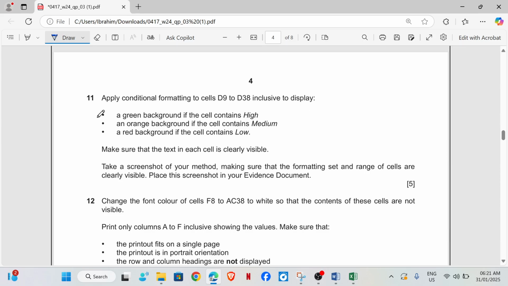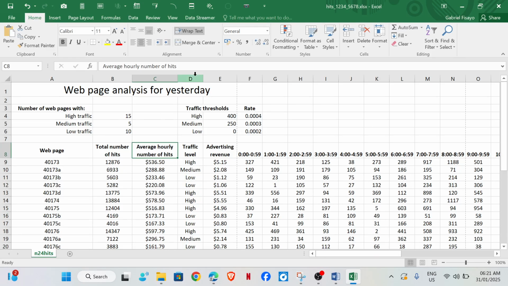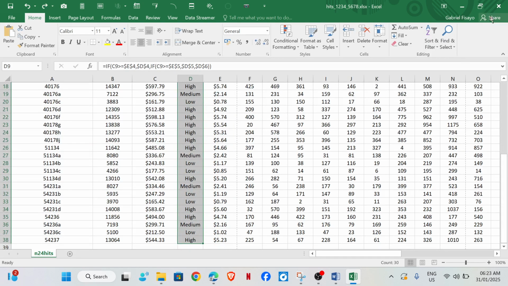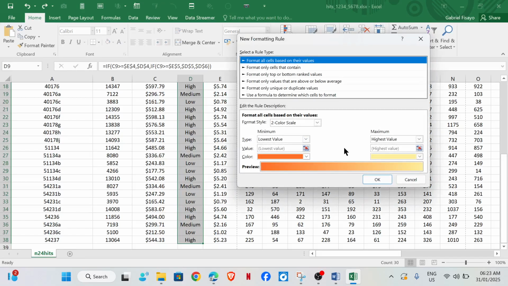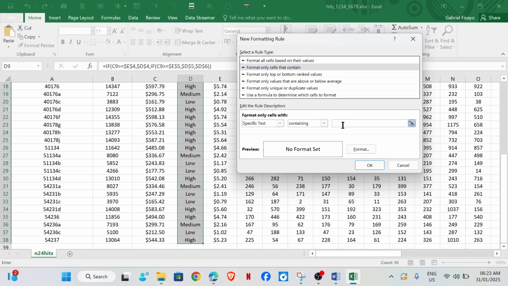So we need to go back from not showing formulas to showing values. Let's select D9 to D38. Conditional formatting, new rule. Format cells that contain specific text. So if it is high,